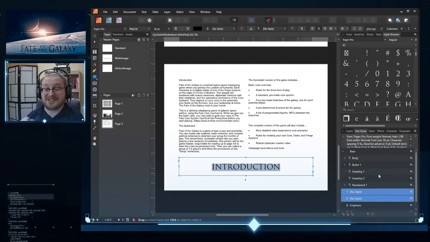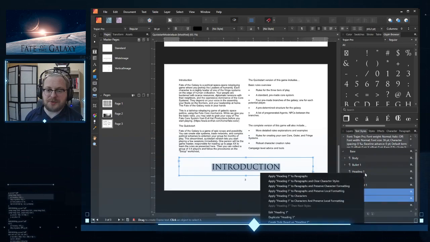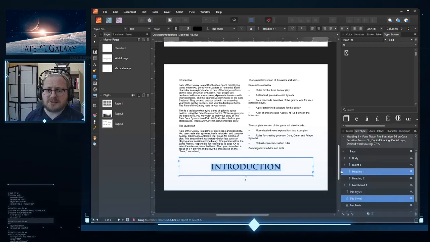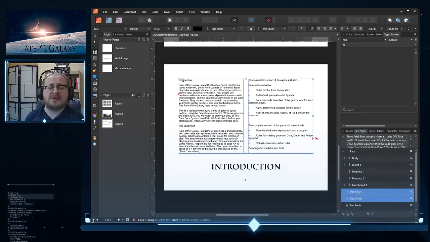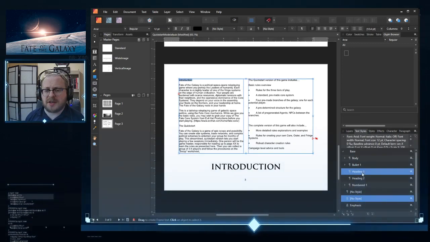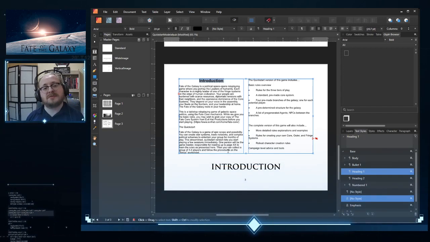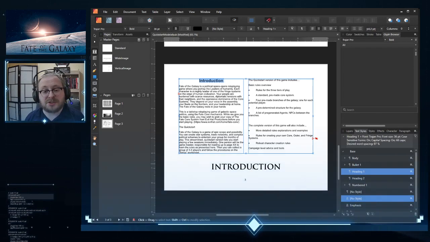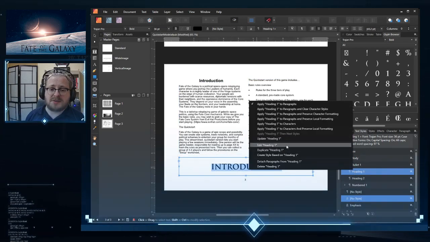Affinity Publisher will come in and start off with a handful of text styles for you. Right now, no style is applied to this. I've just been messing with the specific text and not with the styles themselves. So I should be able to apply heading 1 to characters and preserve local formatting. Now, if that has applied like it should, and I do heading 1, it should replicate that effect. It did not, so I'm just going to go in and dig into heading 1 itself. So edit heading 1,